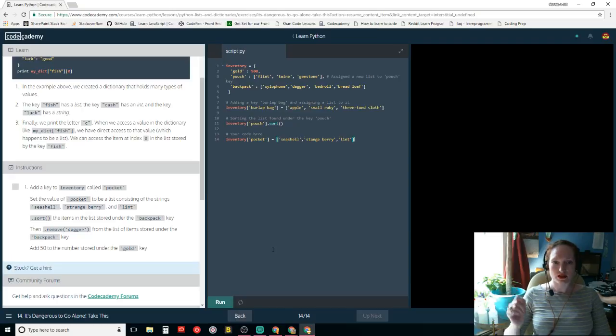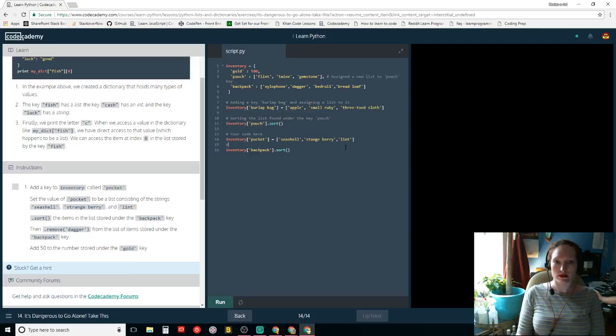Sort the items in the list stored under backpack. Does that work? Or do I have to do inventory, backpack, sort? I'm not sure. Yes, I do, because they show it to me right here. Someone had the right idea. Yeah, and what else do I need to do?